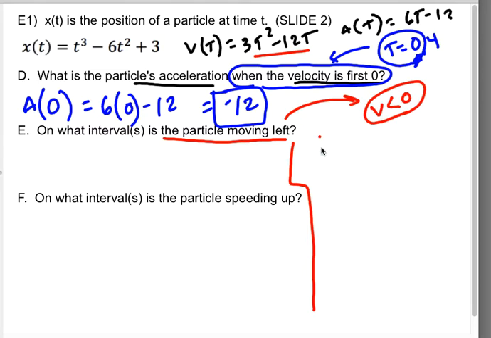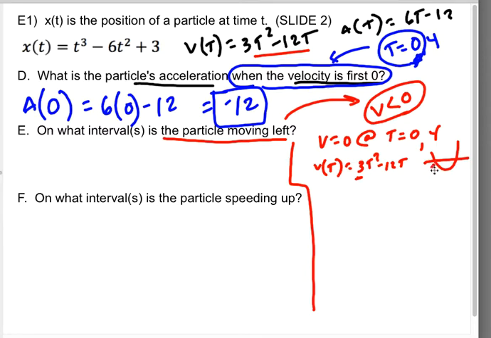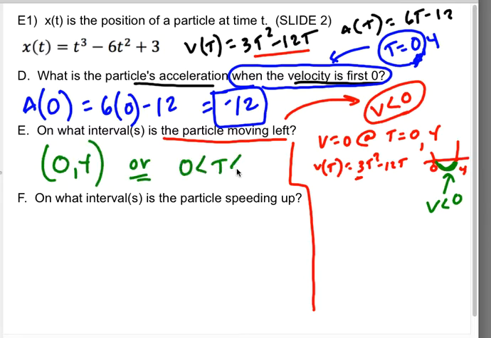I would argue that one way, since you already know that v is equal to 0 at t equals 0 and 4, and if you look at v of t, it's a parabola, right? This is a parabola that looks like this. It's a smile because the 3 is positive. So if you know that the 2 zeros are at 0 and 4, then you know this thing is negative in the window between them, right? So that's the window where v is less than 0. That's a negative velocity. So if you do it that way, you can say, okay, cool, the answer is 0 to 4. Or if you like it better, you could write 0 is less than t is less than 4,